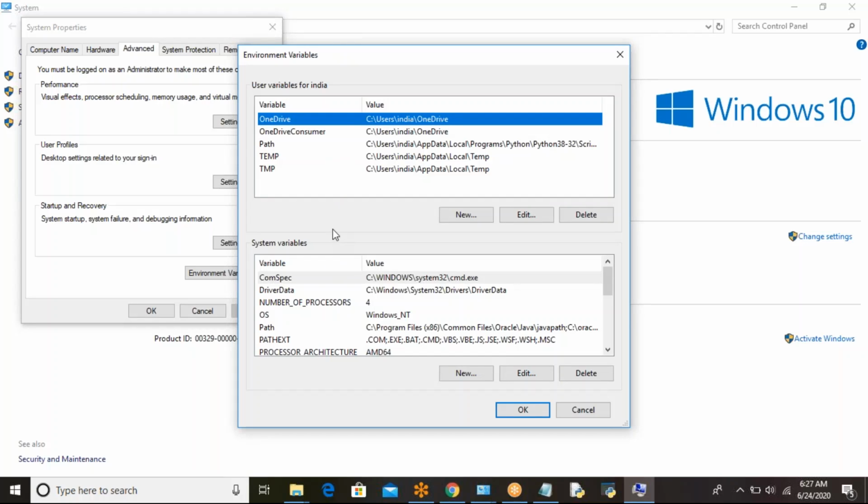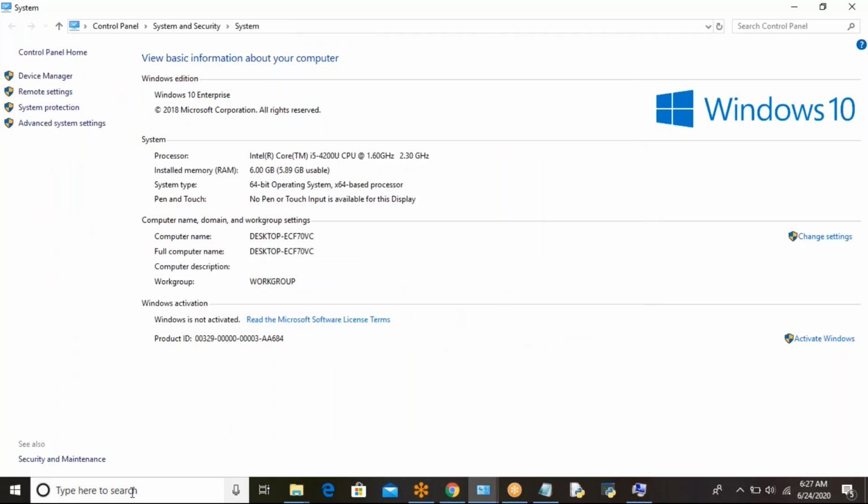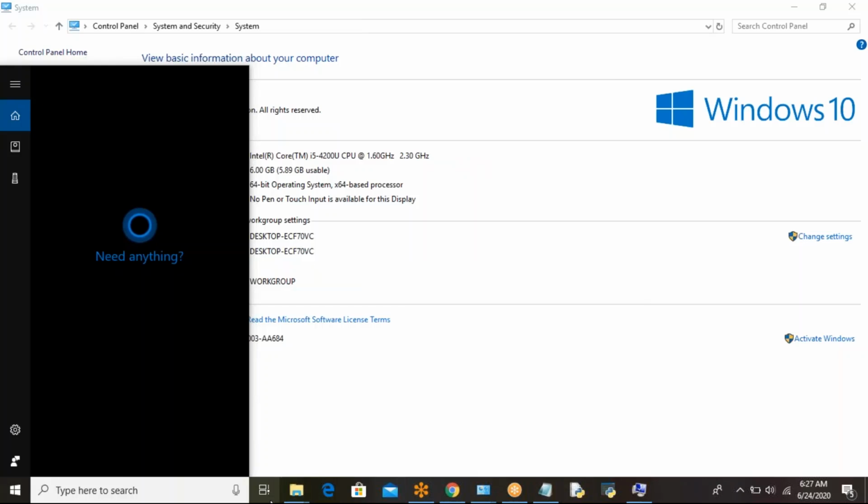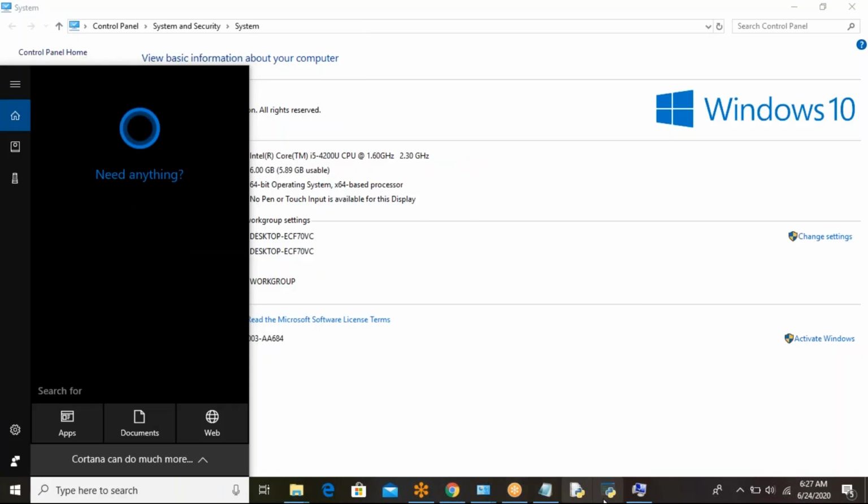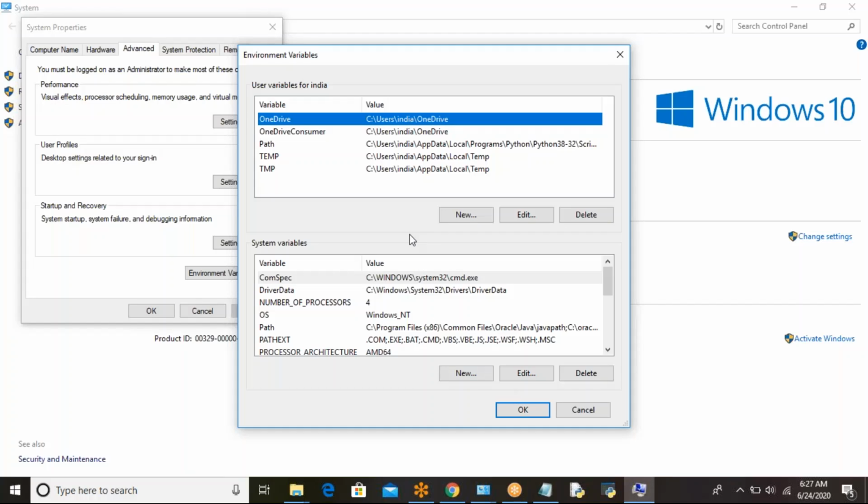Now you will get one doubt: what is the difference between user variables and system variables, Bindu? Simple. Compulsorily, we need to set a path when you install any software into the system. Got it clear or not? Environment variables are nothing but global system variables. Simply saying, first of all verify, and then I will explain.